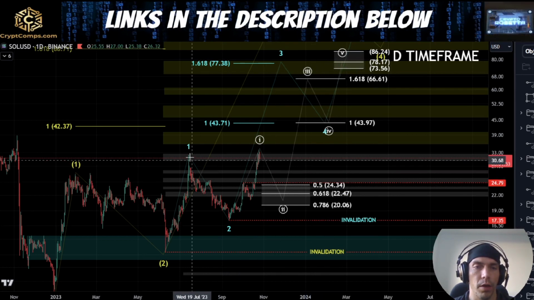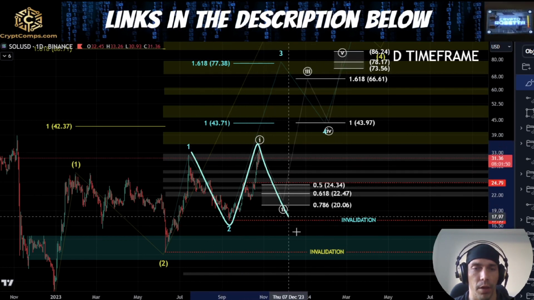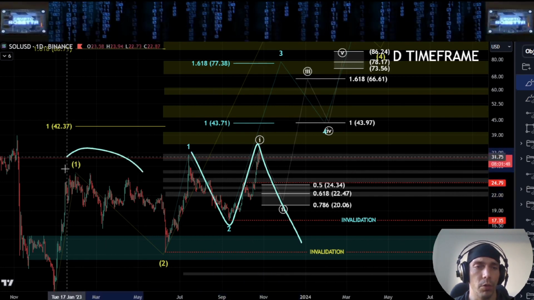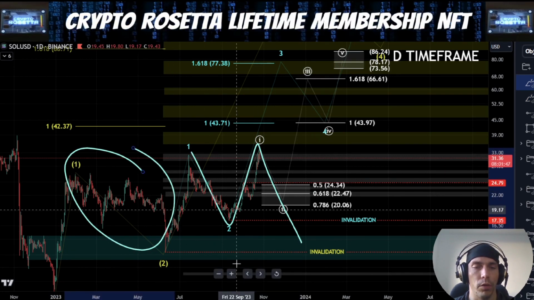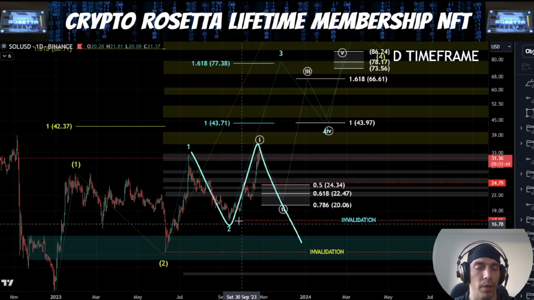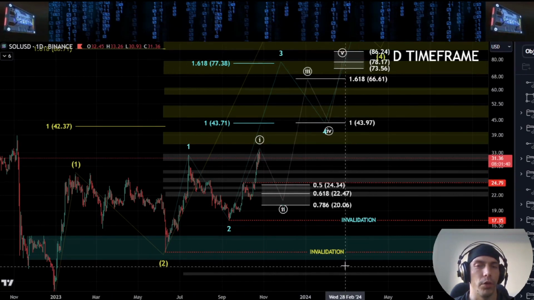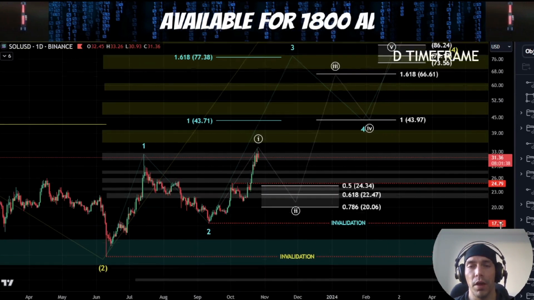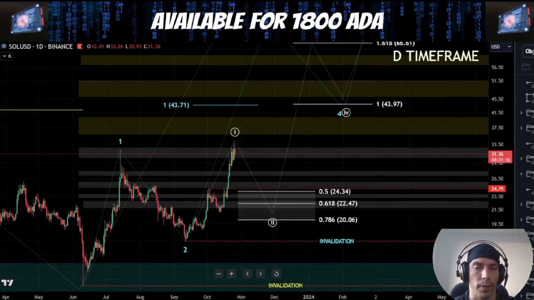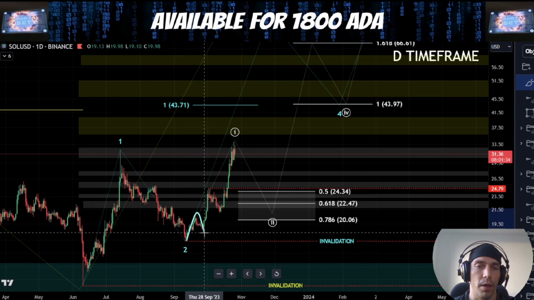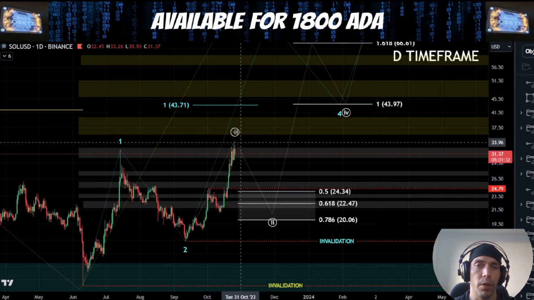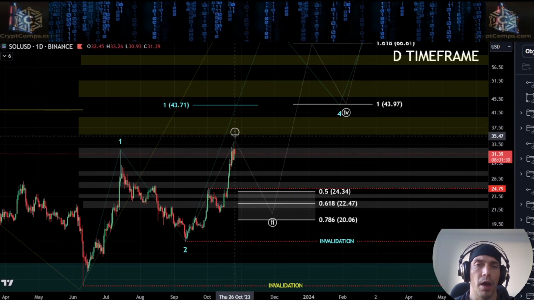We could argue here that we have a flat where this is A, B, and C. The problem is then it would be quite large in comparison to this wave 2, and the probability would be then less that this is part of an impulsive structure as we have marked out here. It would make a lot more sense to me to see something like this, where we have this move be either 1, 2, 3, 4, and 5, in which case we completed already,